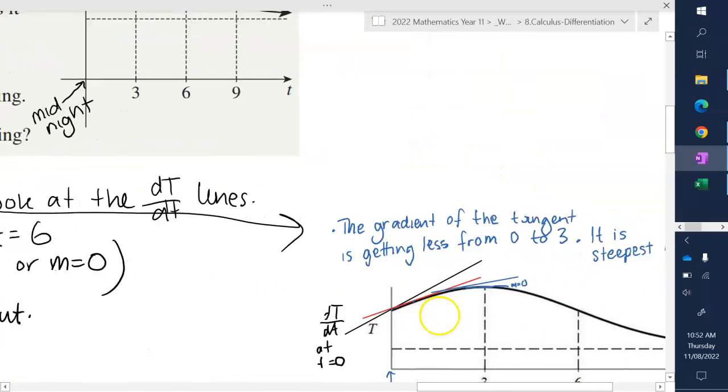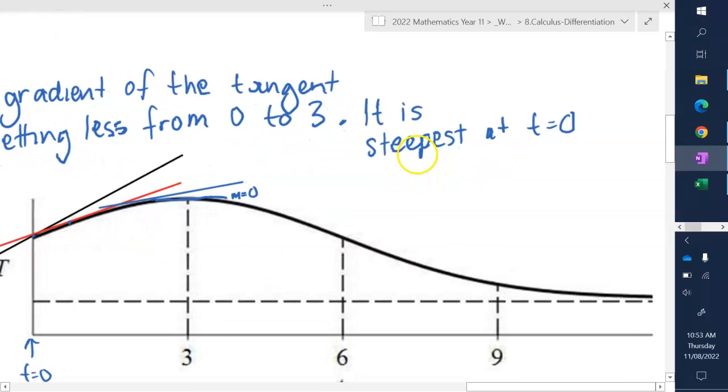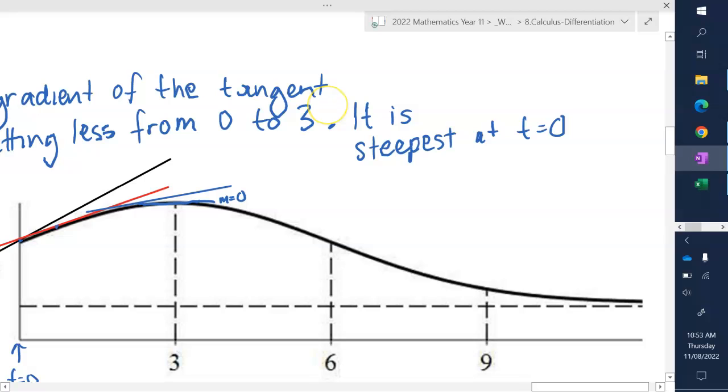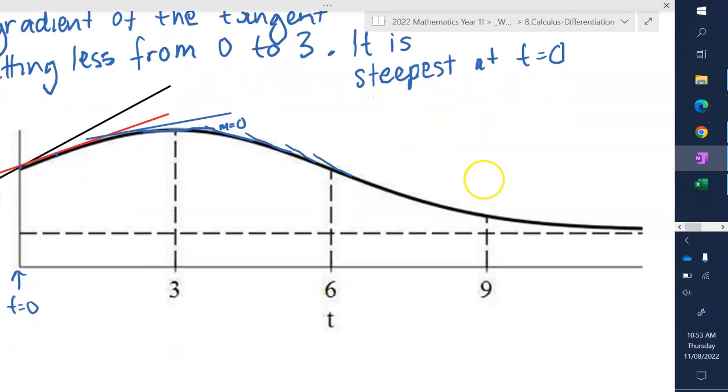So it's decreasing most rapidly, and I haven't drawn those points on the graph here, but if you were to go through and draw another heap of tangents along this curve, got another one there, put another one there, another one there, another one there. What you're seeing is as I go down that curve, the tangents are getting steeper until I get to 6. And when I get down to 6 o'clock in the morning, I've got the steepest tangent going in the other